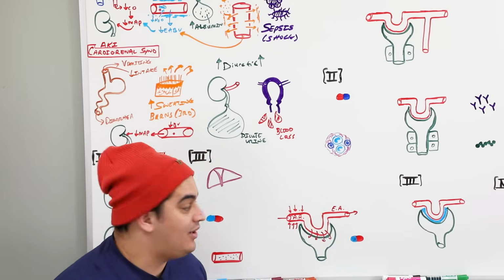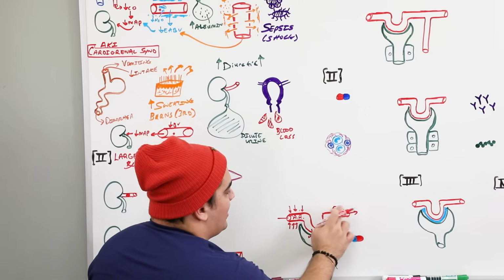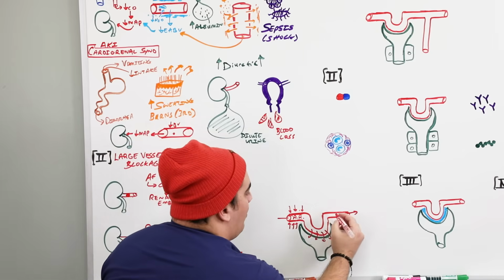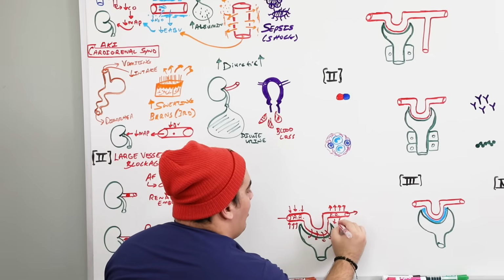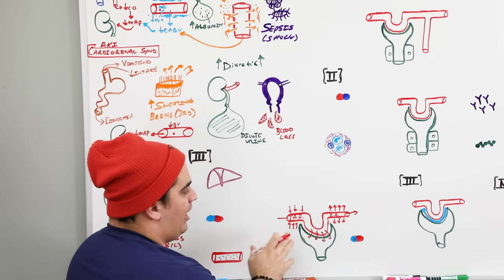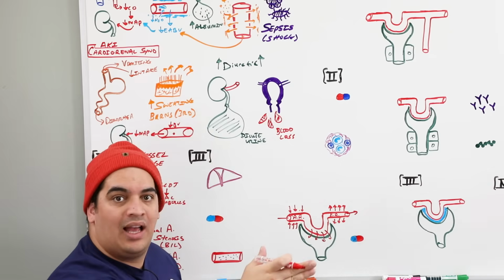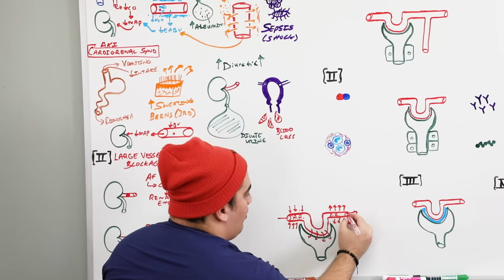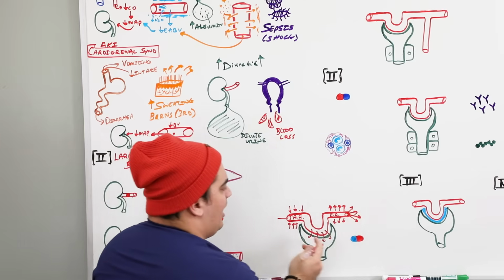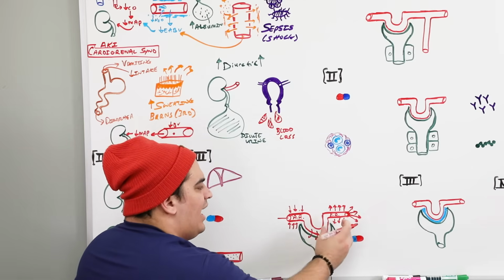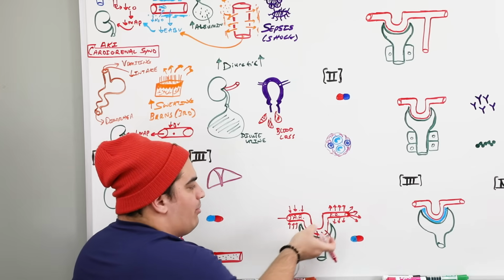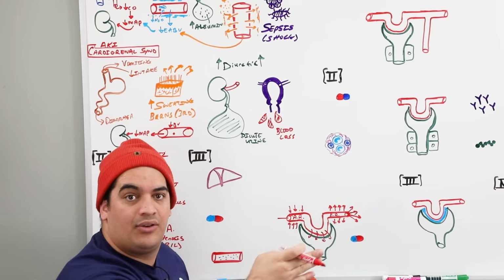It would decrease. Well, in the same way, let's say that I come over here and I talk about the efferent arteriole. What would happen if I actually dilated the efferent arteriole? Then a lot of blood would be able to easily leave out of the vessel. So a lot of blood would leave out of the vessel. And if a lot of blood left out of the vessel, that's less time here in the glomerulus. And actually, if you dilate it, it lowers the pressure, so it's easier for blood to leave out.